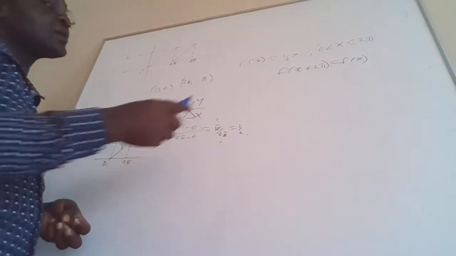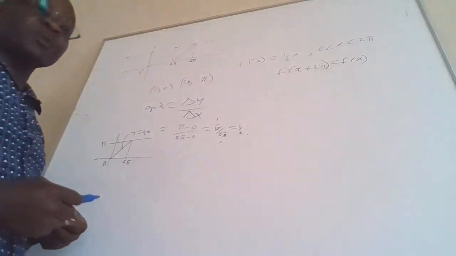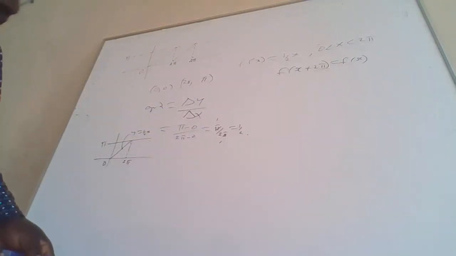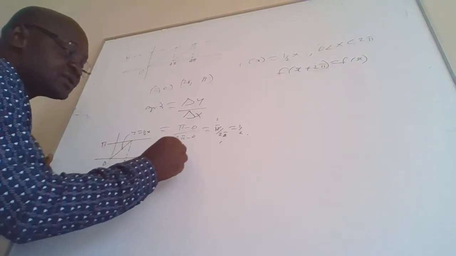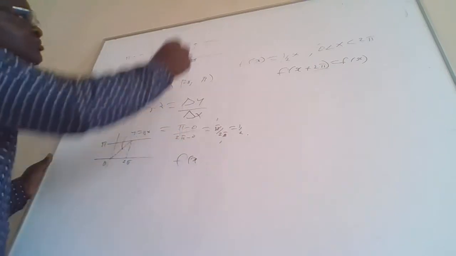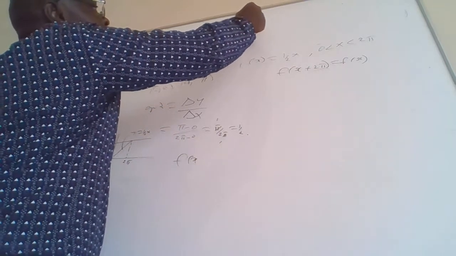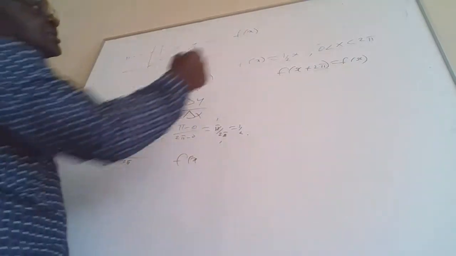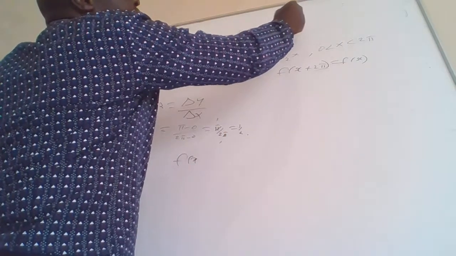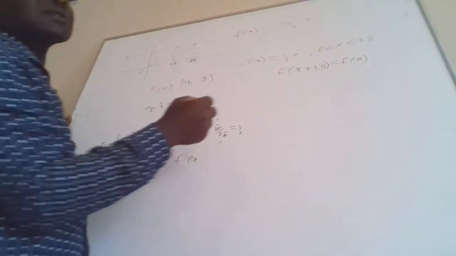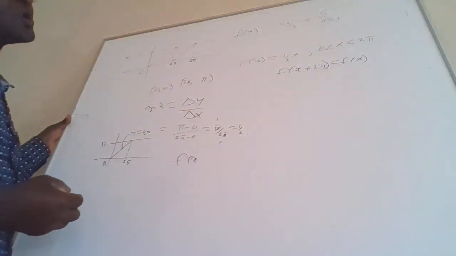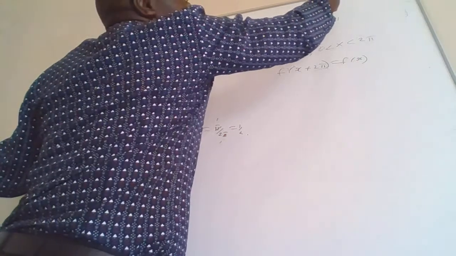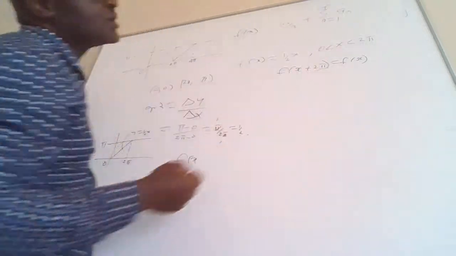Now, the period here is 2 pi. Fourier series, which is f of x, is given by a naught over 2 plus summation from n equals 1 to positive infinity of a subscript n